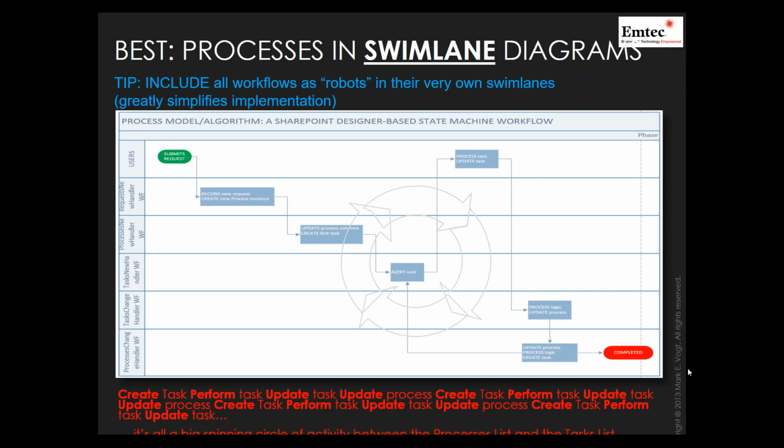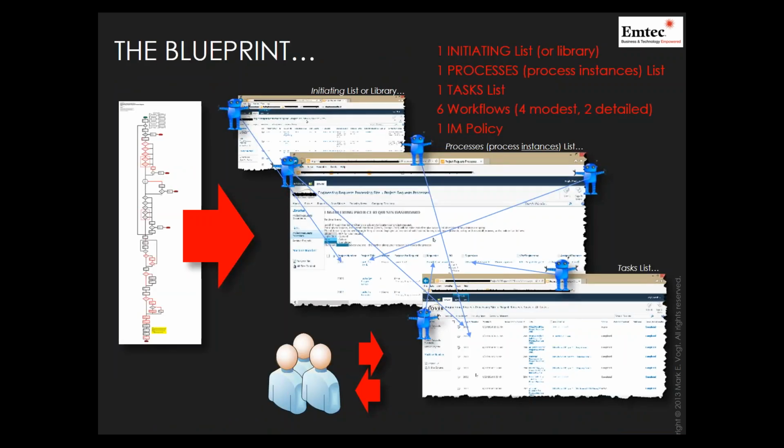So think, you have to diagram, you have to model your process accurately and completely. You have to do it in swim lanes, and you want to start thinking about your workflows in terms of the actors. They're actually the actors in those workflows. They have their own swim lanes.